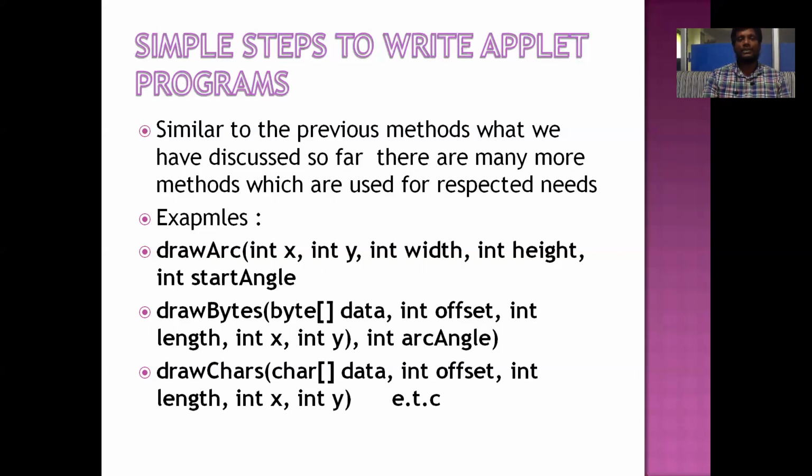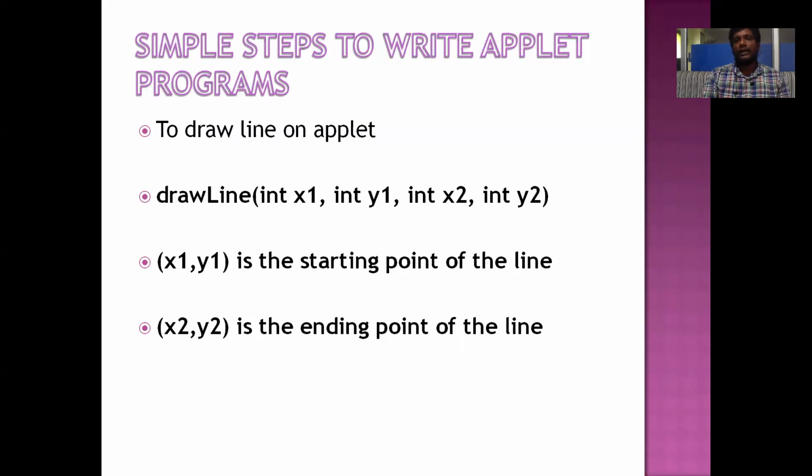Similarly, if I want to display a single point, not a line or a rectangle or a square or a circle or ellipse, just a point, see the previous slide, I can simply use the draw line method if I pass the same x1, y1 values as x2, y2 values. For example, if I pass draw line 10, 10, 10, 10, that means the first endpoint and the second endpoint of the line are the same, so it will display a single point. This is how we can display a point. And we can also display a point by using the draw rect method. If all the values are the same, it will display a single point there also.